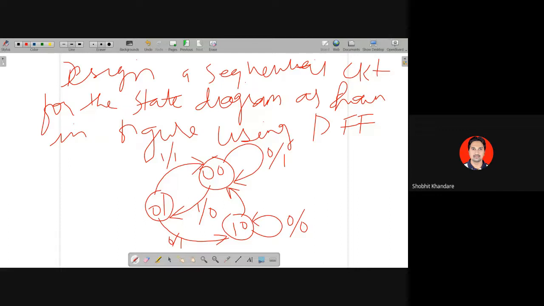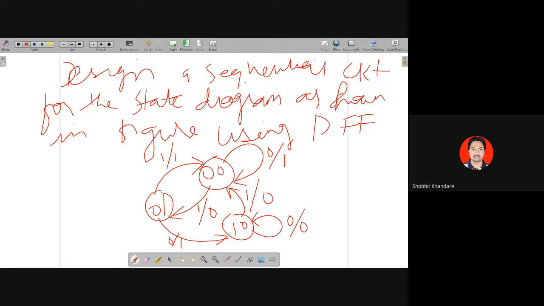Okay, one more minute, we can work on this. When your input is 1 and your output is 0. Now the state diagram is complete. From 1 0 to 0 0 you go when your input is 1 and the output is 0. Yes, this is the state diagram.